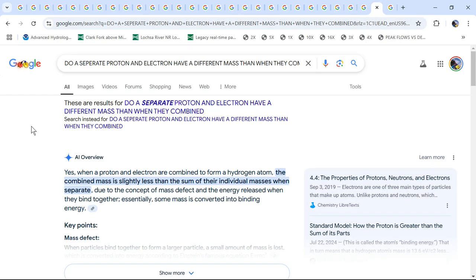All right, so 2 more, and these are pretty good ones. Do a separate proton and electron have a different mass than when they combined? I was kind of curious about that. And it says, yes, when a proton and electron are combined to form a hydrogen atom, the combined mass is slightly less than the sum of their individual masses when separated, due to the concept of mass defect. Now, I'm just going to say, there could be a huge caveat here that the way I'm asking it is even a nonsensical thing to ask,